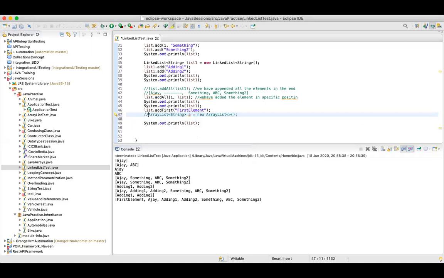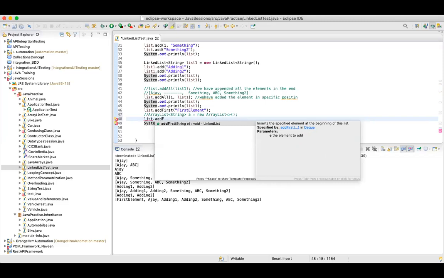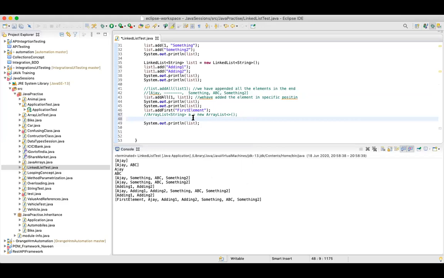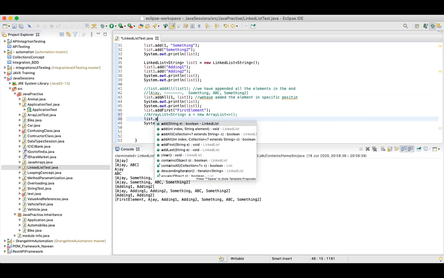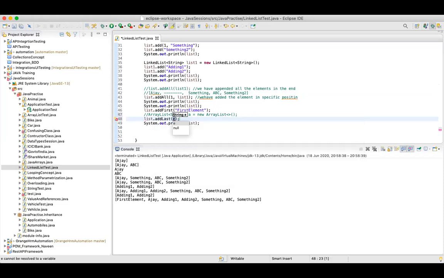But when I am using linked list, I can see a method as add first. Guys, keep this in mind. This is one of the key differences between linked list and array list. Now let's say you want to add an element into the last position. Again we have a method, add last, because we already have 2 pointers in a linked list, right? So we have a starting position and the last position, and we can easily add elements into the first position and the last position.